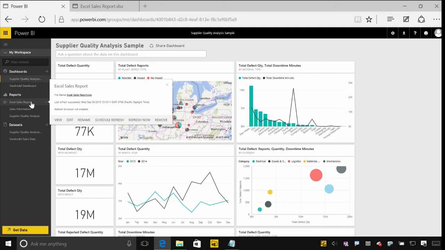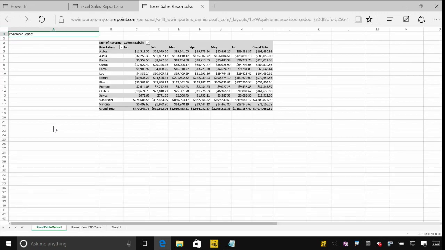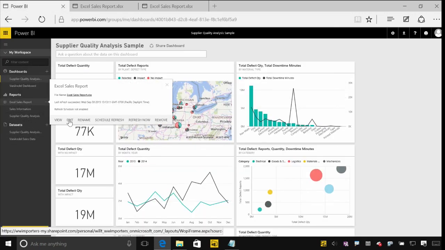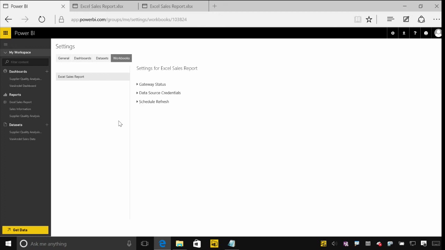But now if I click on this, I get a few different options. I can either view it or edit this. And when I click View, it'll go and open it through Excel Services. If I choose Edit, it'll open it in Excel Services in edit mode. And I can do things like scheduling the refresh for this as well. When I hit that, I get through to the same schedule refresh screen as I would do for any other data set within Power BI.